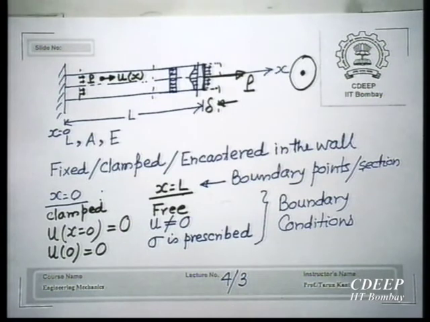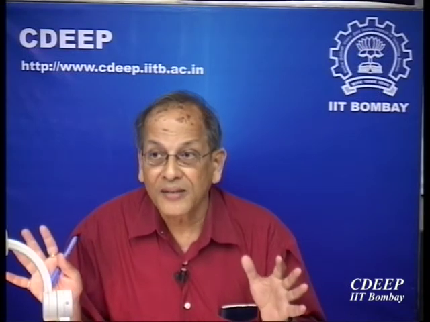For any body in a state of equilibrium that we are going to consider, a body of some dimension will be subjected to some boundary conditions. For example, here this is a simple boundary condition, and then it is stable. Once you prescribe the boundary, then it is stable. Without a boundary, the location of the body is not defined. You cannot have a body moving in space in three dimensions, you must fix it. So boundary conditions must be prescribed.